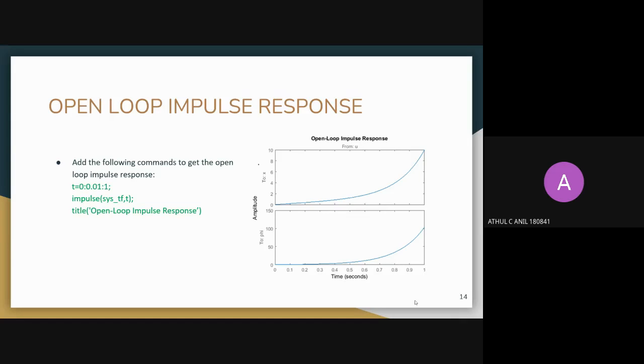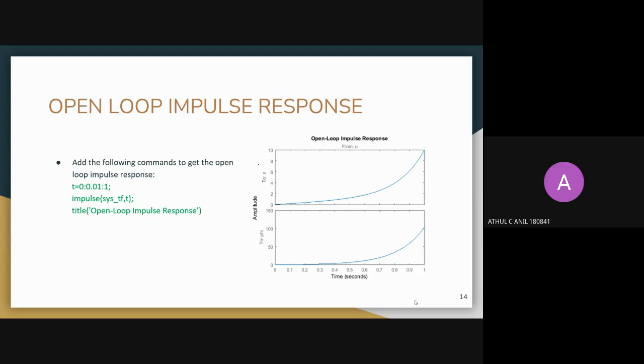First we observe the open loop impulse response of the inverted pendulum system. After adding the impulse command, we got the open loop impulse response plot. We can see from the plot that the system response is entirely unsatisfactory. It is not stable in open loop. The model is valid only for small angle phi, but the pendulum position is shown to increase past 100 radians, that is 15 revolutions. We also obtained the poles and zeros of the system.